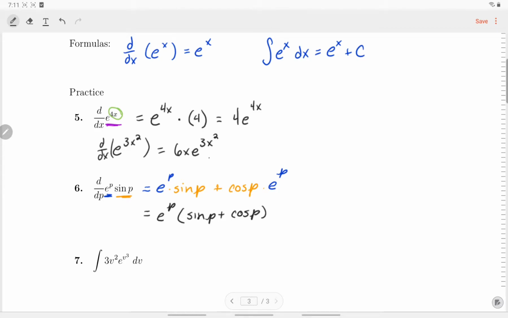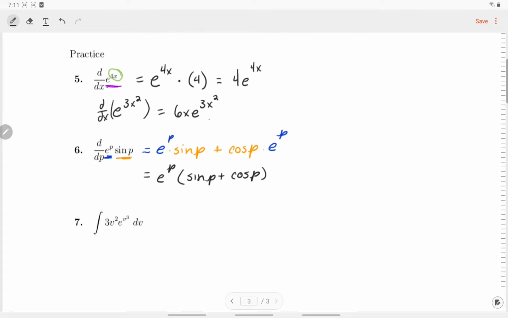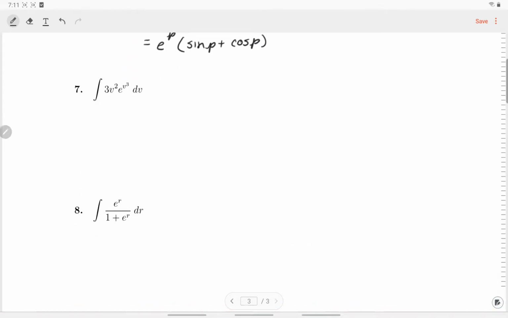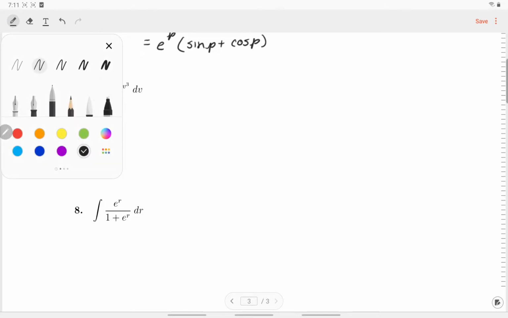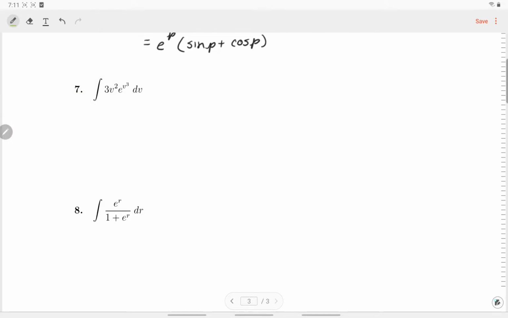Okay, so that's derivative practice. So now let's practice some integrals. All right, again, our only tool is substitution, so we're going to need to find a u that works. So there are a couple different options on this first one, actually 2 different options that will work. Typically, the easiest one for people